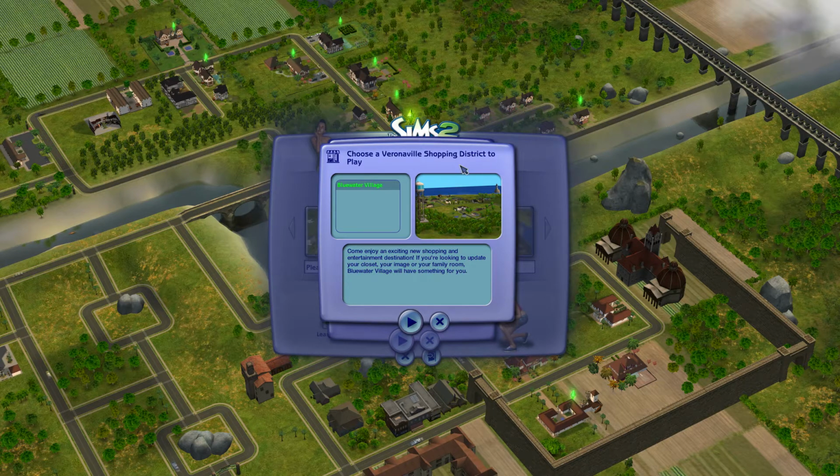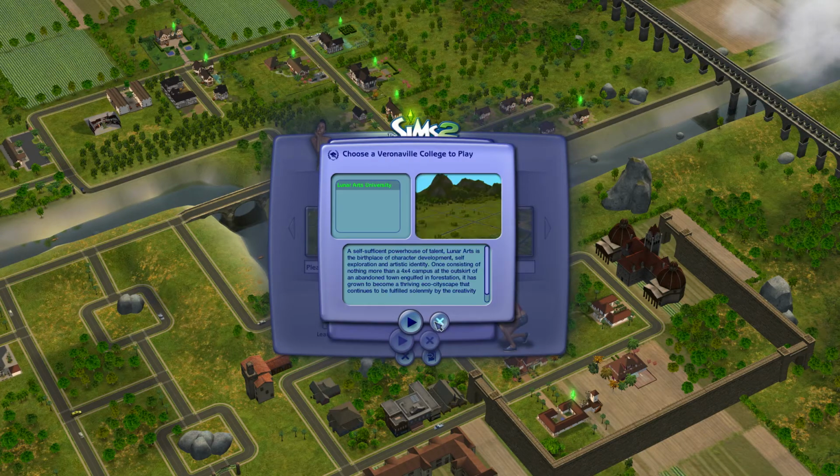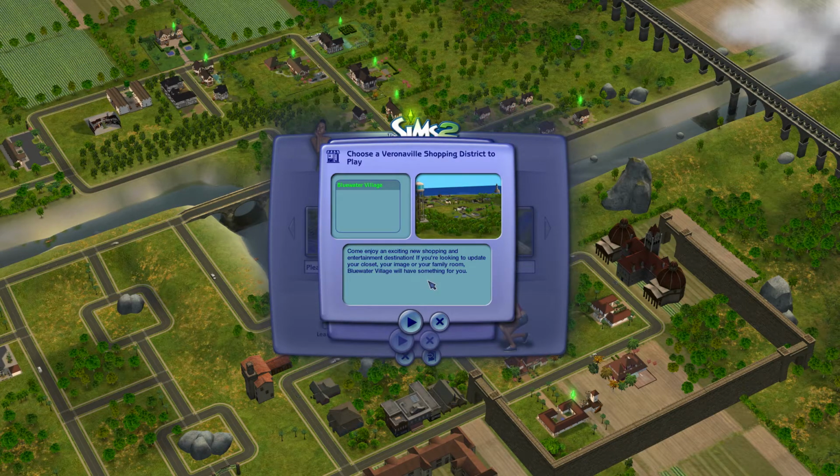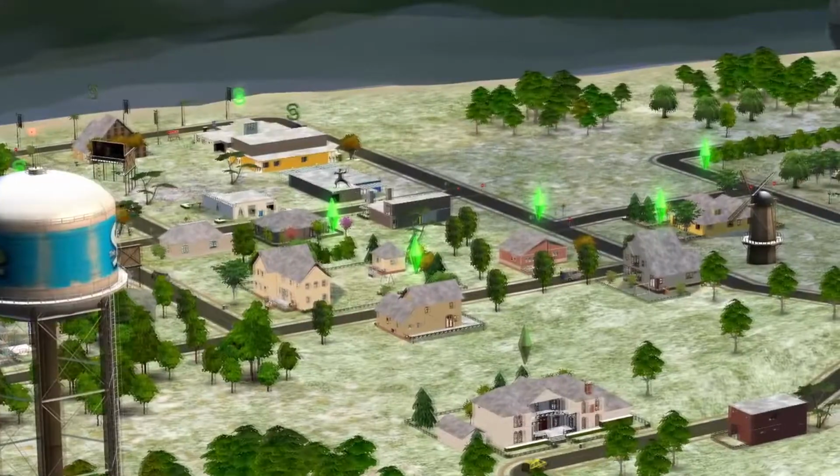So shopping districts are a unique feature that were brought to the game with Open for Business that allow you to essentially expand your neighborhood. And there were quite a lot of expansion options when it came to the Sims 2 expansions. I mean, look at the university neighborhoods and the downtown neighborhoods. There were just a plethora of options, and you could even create your own. Shopping districts were exclusive, as I said, to Open for Business, and that's why we're going to be playing in